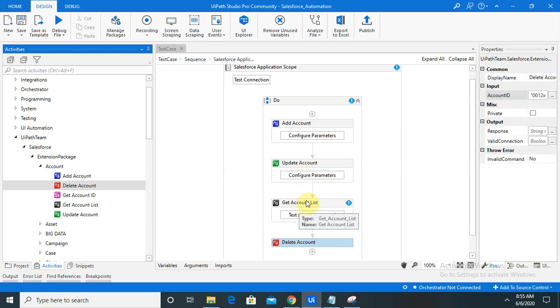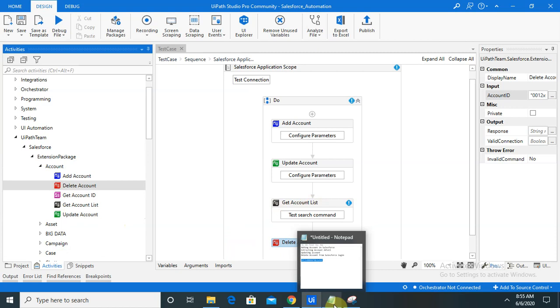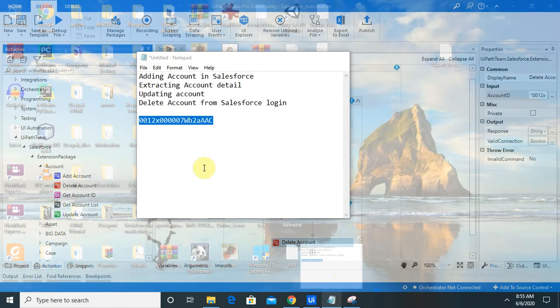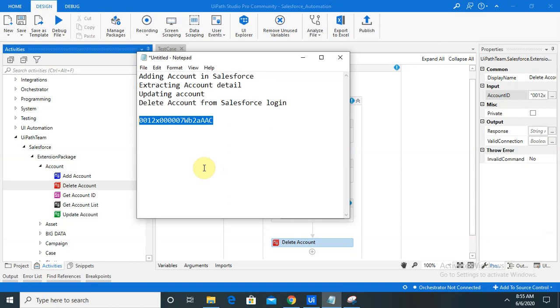And for extracting the data or extracting account list detail, just use the get account list activity. And for deleting any account, you can use delete account. By this way we can automate our account related information in Salesforce using UiPath. This is all about how to add and manage account in Salesforce using UiPath.